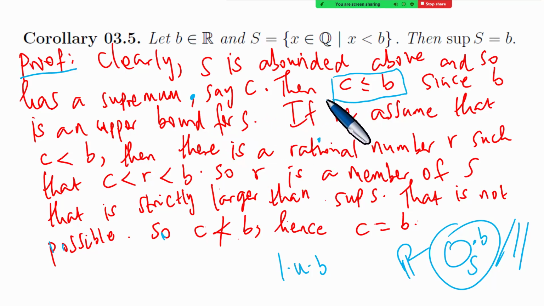Then C obviously itself is such that we take C to be less than or equal to B. So C is less than or equal to B. Why? Because B is an upper bound for S, so we take the things that are smaller. If we assume that C is less than B,